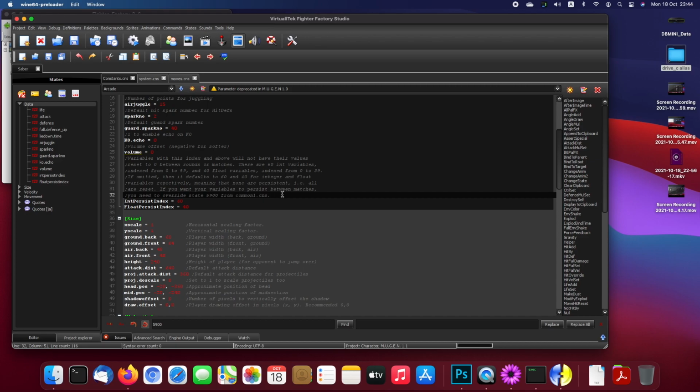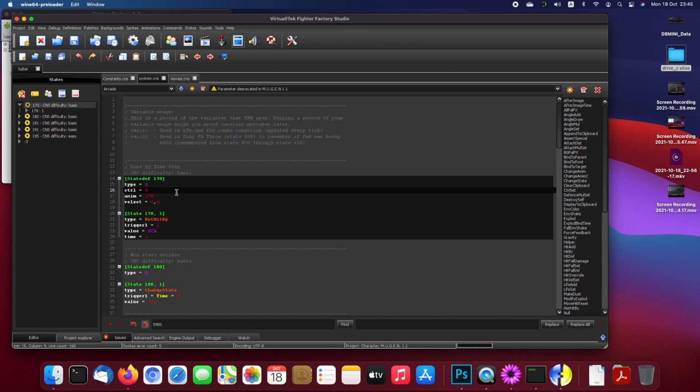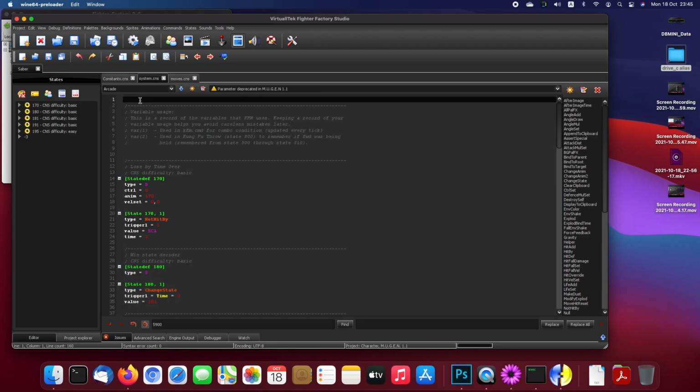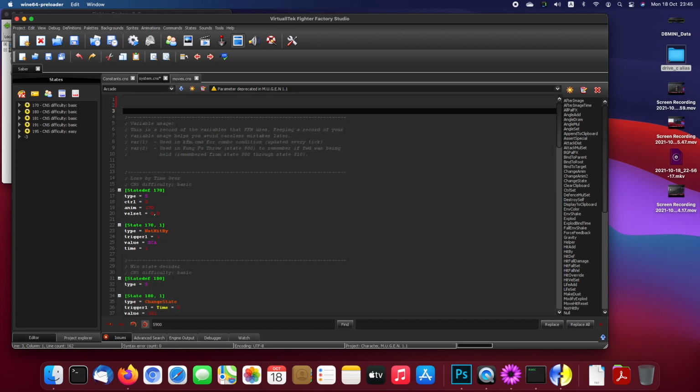Then we are going to add one 5900. You need to overwrite. If you don't overwrite, it will take the default 5900 from common1.cns. Since 5900 is a system state, it will be the first state to run. So we are going to add it into system.cns,